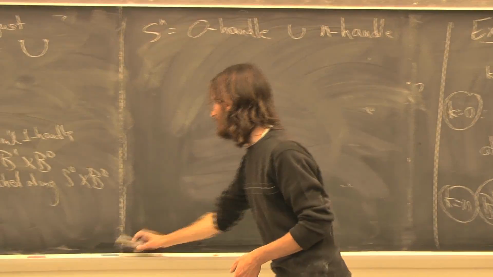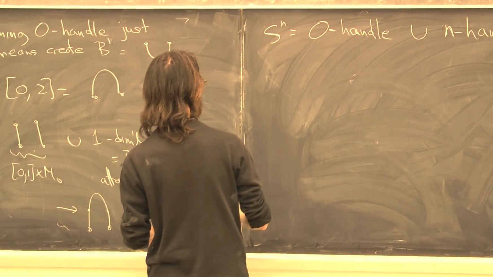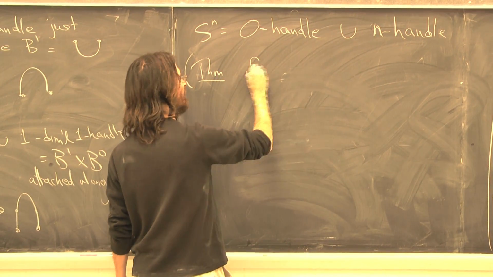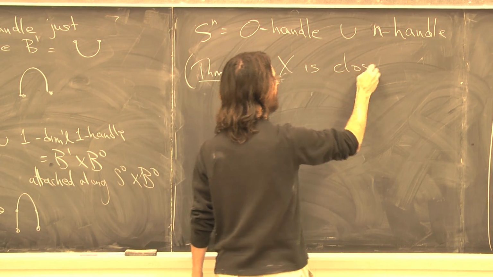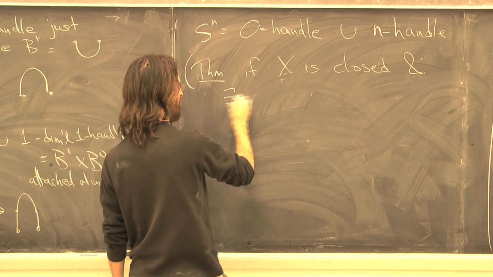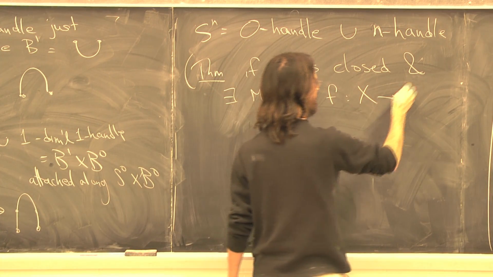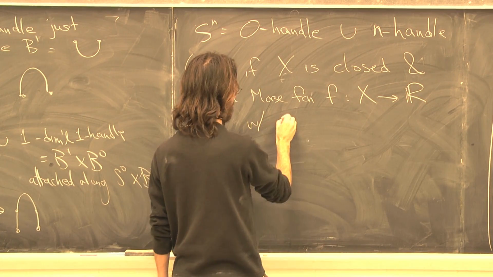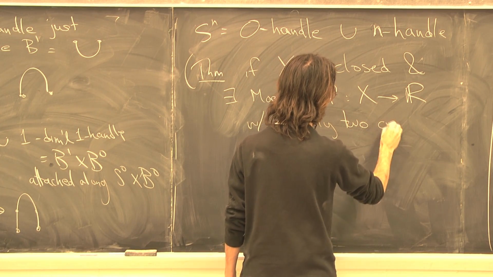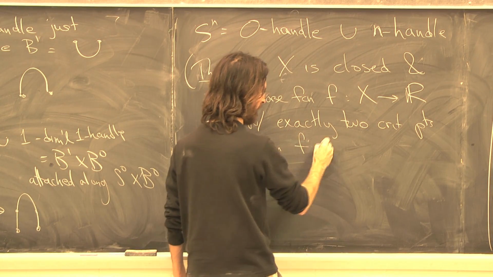By the way, there is a not entirely trivial theorem, which I won't prove now but will use later: if X is closed, and there's a Morse function f from X to R with exactly 2 critical points, then X is homeomorphic